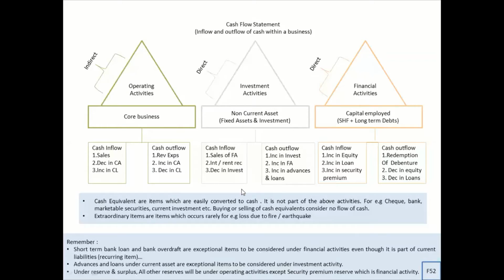In this slide, you are only supposed to understand what your operating activities, investment activity and financial activity are. With one word, I have defined each so that there is no confusion. Students usually get confused between financing and investment activity. It is quite a simple thing. Financial activity is your capital employed, investment activity is your non-current assets. All right, please look into the remember part. Now we will move on to the next slide.